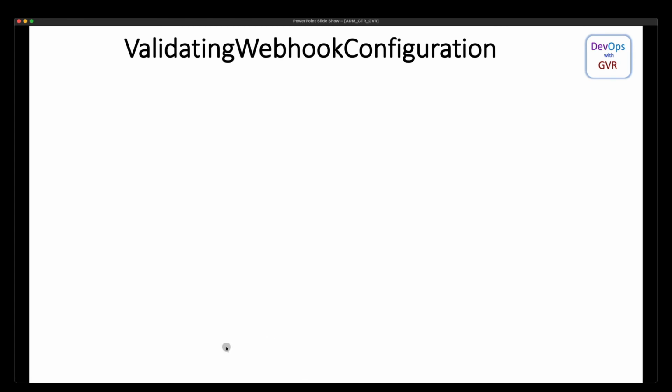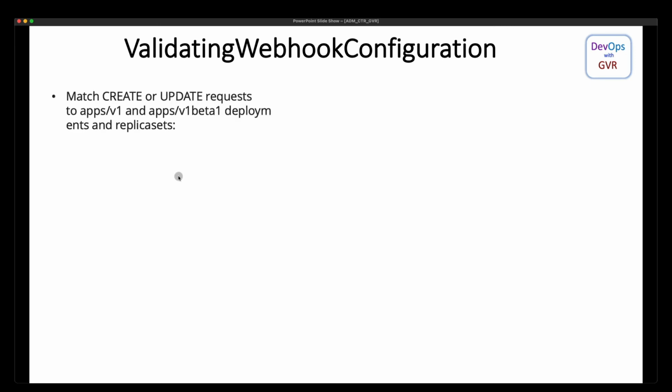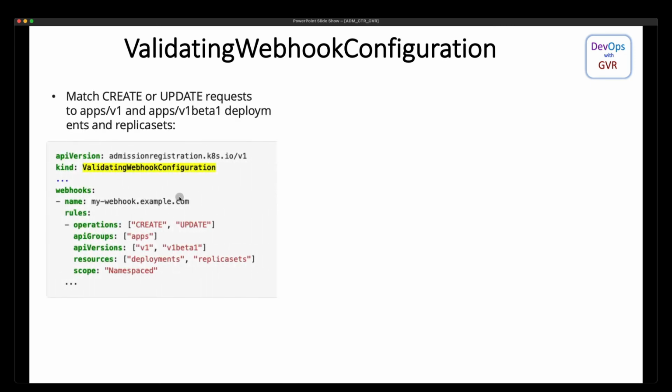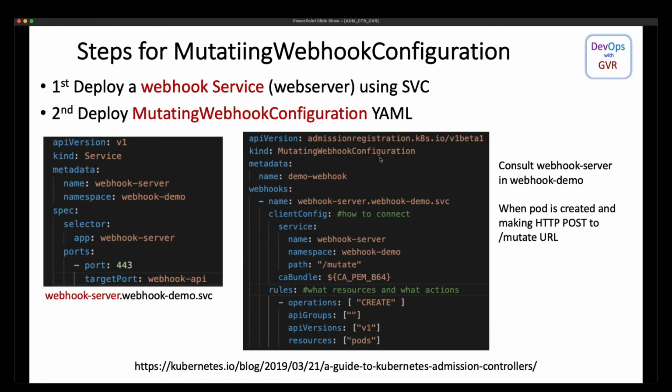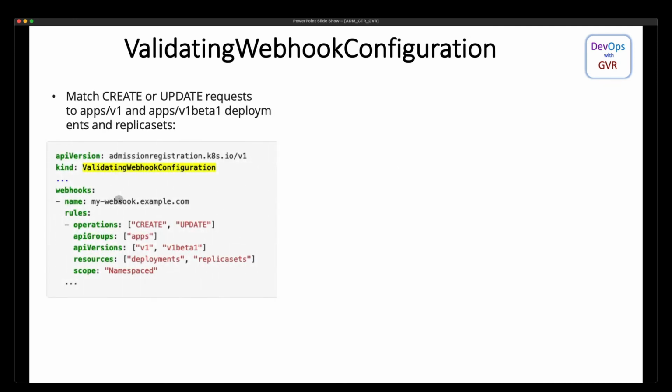Now second is validating. As we said, validating does the validation, whether it's a pass or fail. So first what you will be doing, same as the mutating webhook configuration, is creating a validating webhook configuration. In the previous example it's a mutating webhook configuration, just remember. And here, validating webhook configuration. As a webhook you will define some name, and this webhook is saying validating